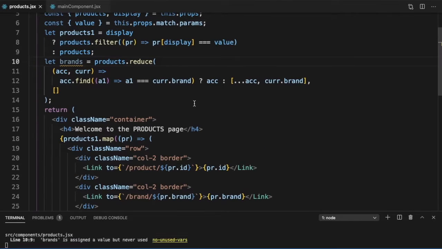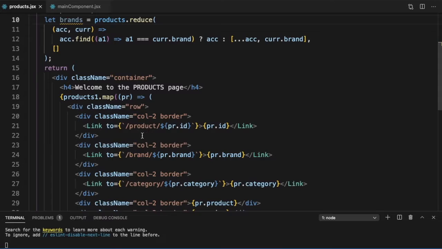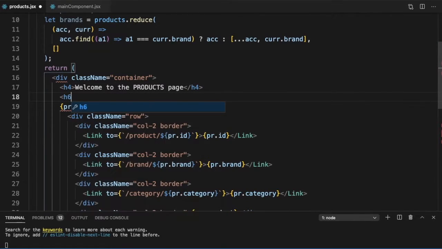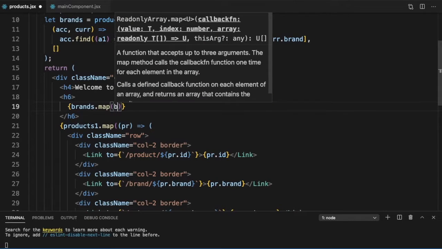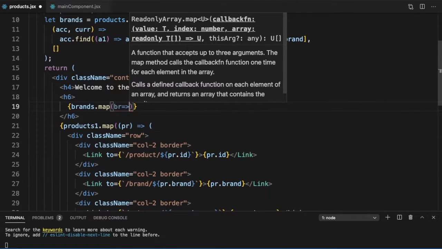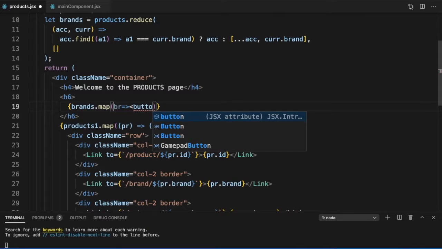And now that we have the brands, let's just go and display them. So here let's put an h6, and within that we can say brands.map br goes to, and we will just show a button.